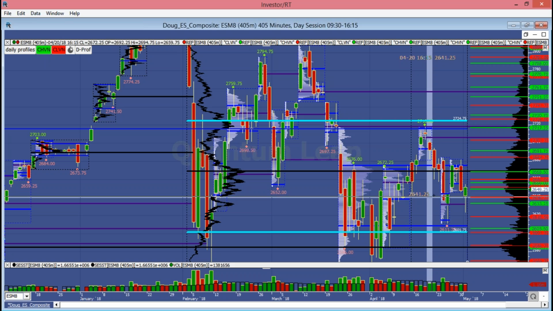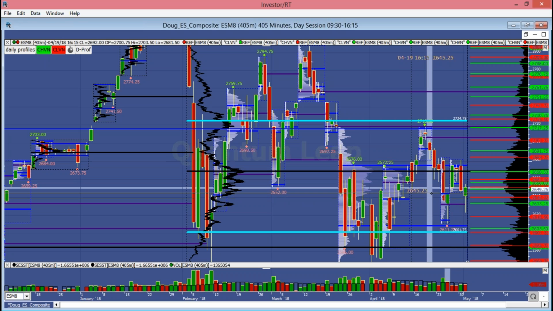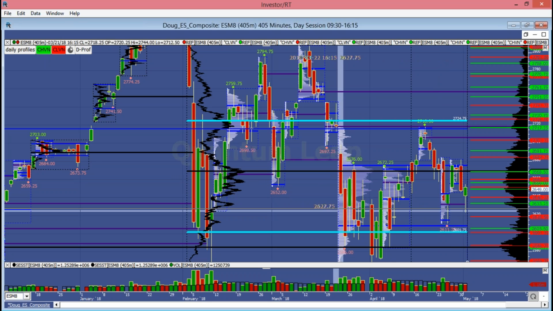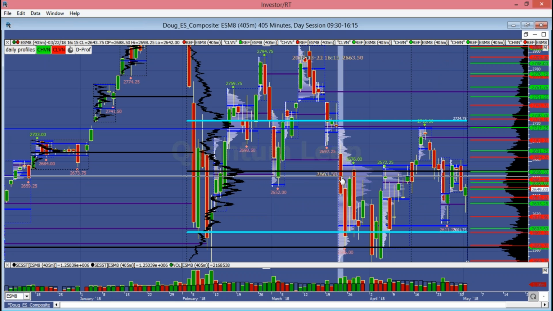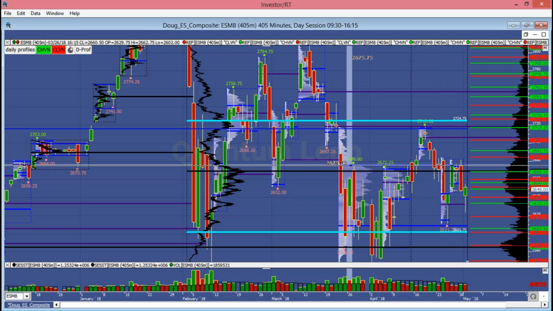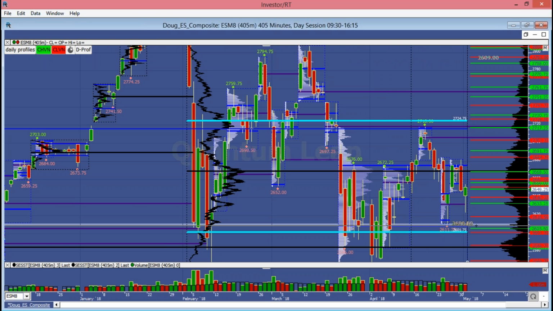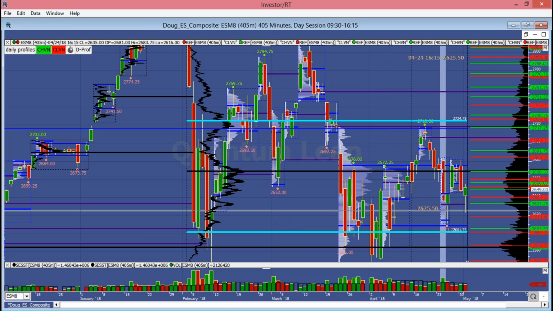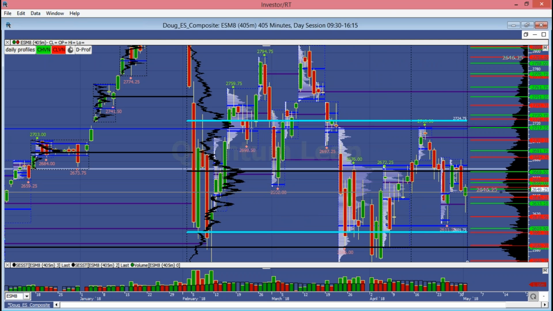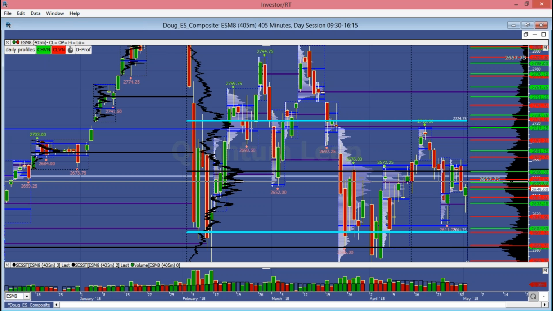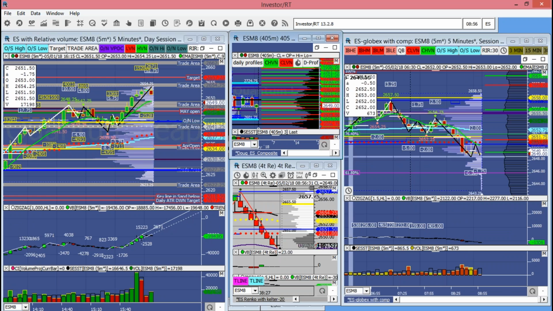The value area for the smaller microcomposite that runs from this breakdown, which is on the 22nd of March: the value area high is at the 75.75 area. Remember that 26.75.75 is our year open, and the value area low is down here at the 26.09 area. So again, not a lot of information in this area because we have undetermined fair value. So likely to see a lot more chop in this area until we mature the auction.